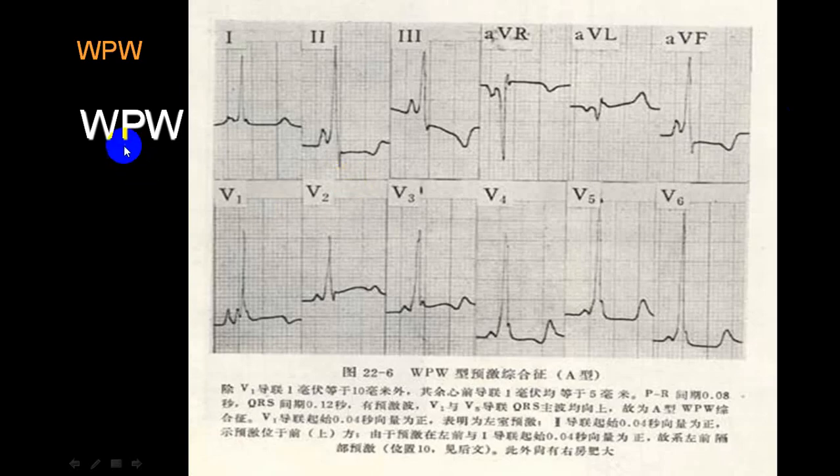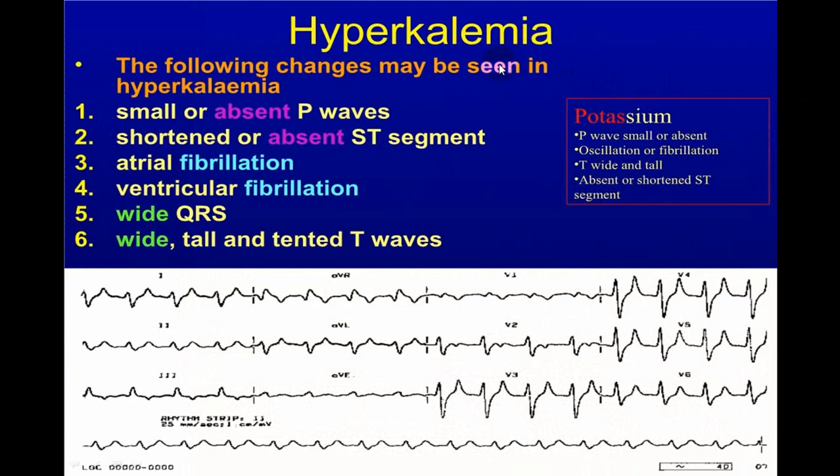You can see I've already shown you before that there is a short PR interval, and immediately on this ascending limb there is a delta wave. You can see this. This is a short PR interval. There is a delta wave here. So this is WPW, Wolff-Parkinson-White syndrome. I've already discussed before. Now we'll be going through one another important part.